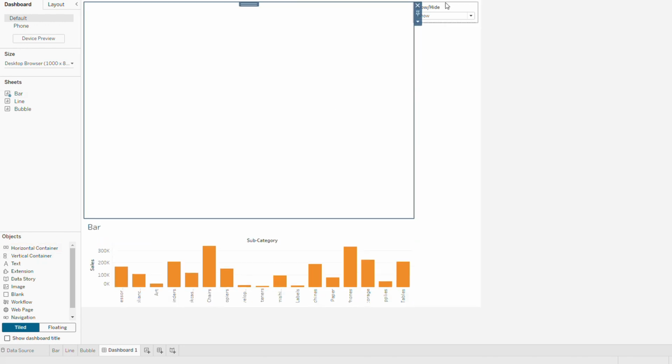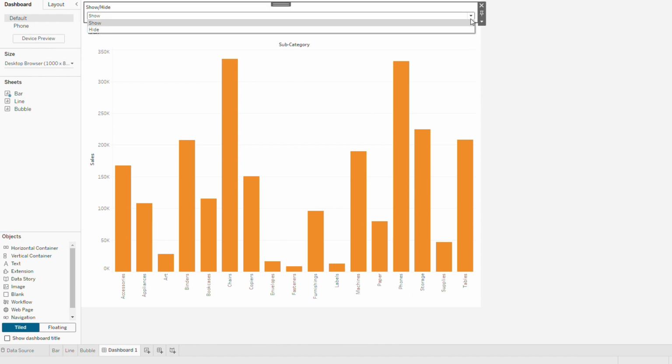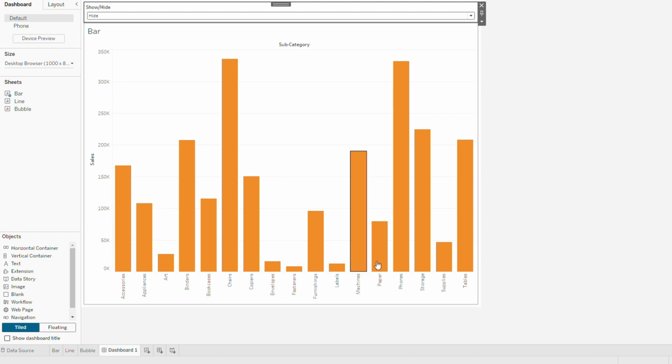and to adjust it, I'm taking one more horizontal container here. If you see, currently nothing is happening, right? When I click on show or hide, nothing is happening. So if I click on hide, this object should be hidden. Currently, we achieve this functionality by using some calculation fields and calling those calculation fields into filters of this bar chart. So like that we can achieve it. Now there is no need for that.